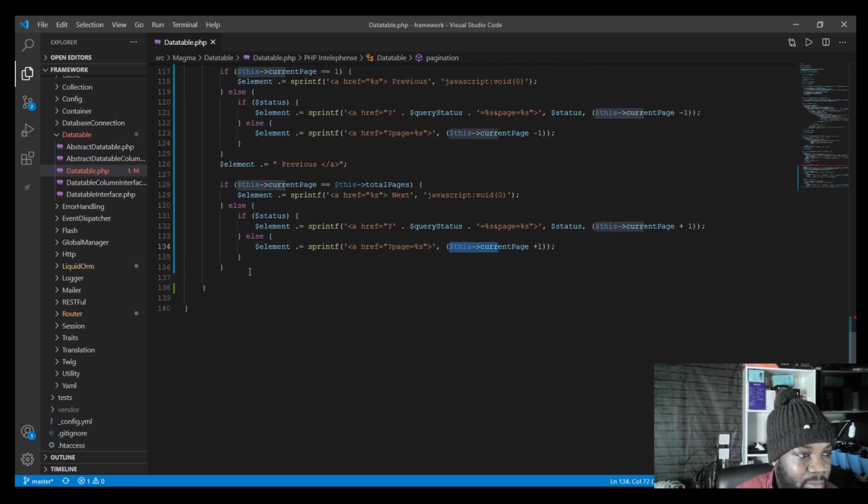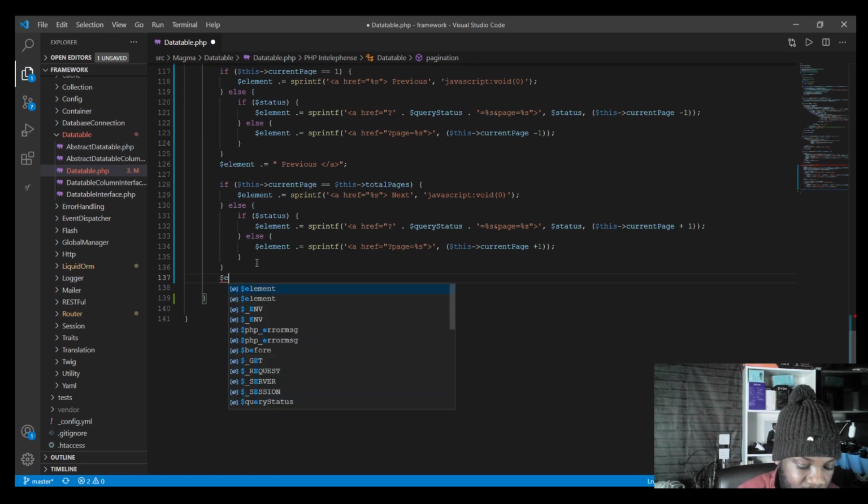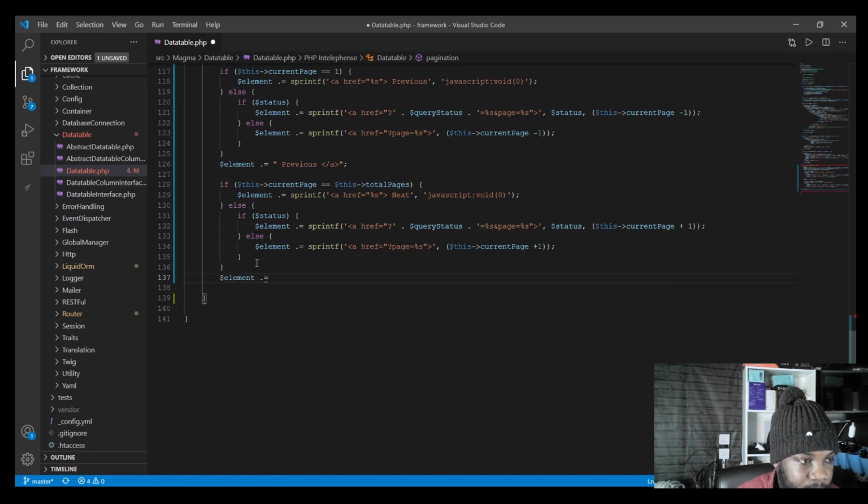Just like that. I'm going to create the ending anchor tag outside of this if statement. I'm going to say element, we say closing anchor tag, right? Then we're going to write next, just like that. So let's just return this element